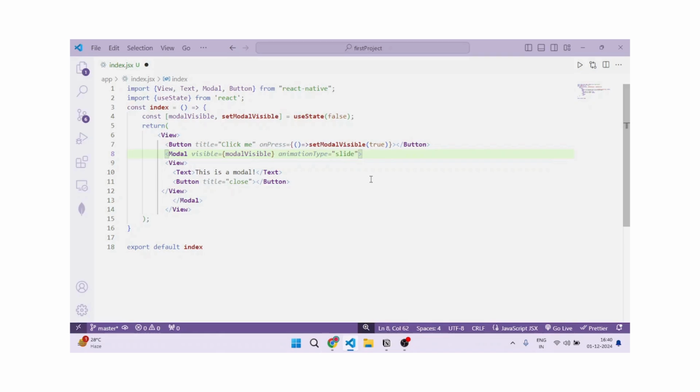All right. Now we covered the modal component as well. Now we have another view component inside of which we have a text, correct? And then we have a button with title as close. Now let's write the onPress function over here as well. Let's give a set of parentheses with an arrow. Arrow refers to an equal to symbol with a closed angular bracket. And after that, you'll be writing setModalVisible again with false value within the set of parentheses. All right. Now all of this is covered. Now let's save this